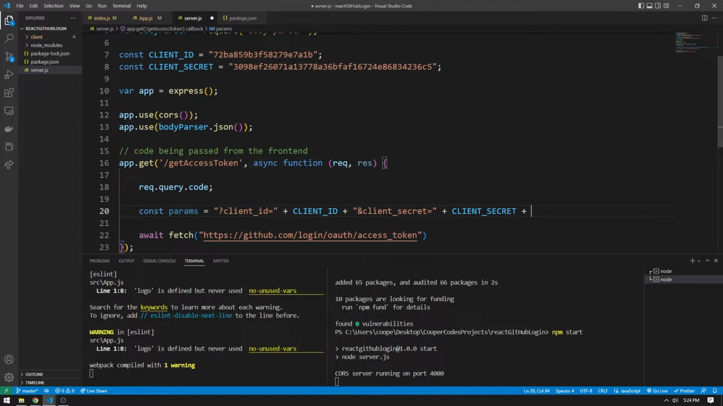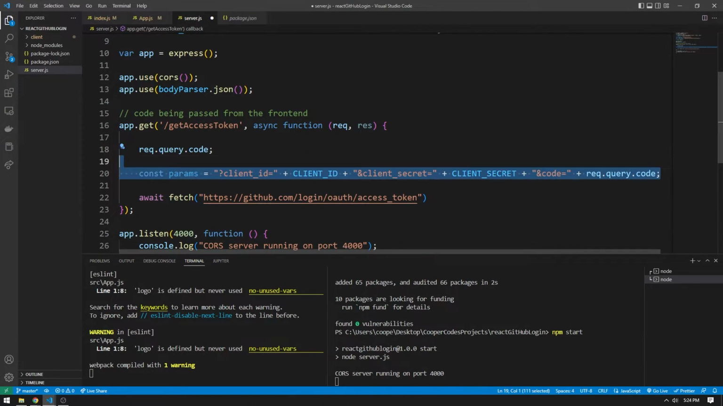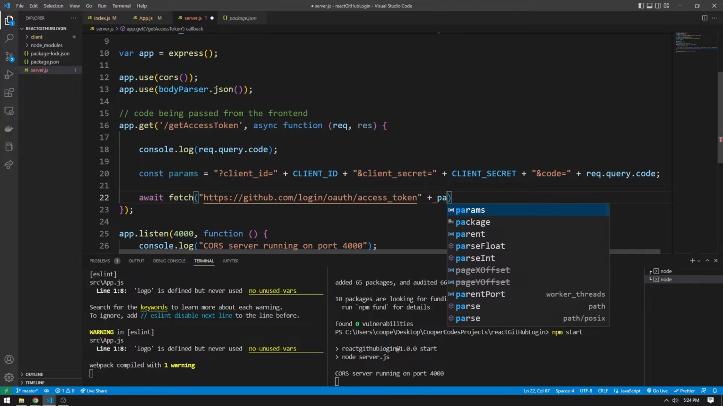client_secret like this. And finally, we are going to need to give the code as well to this request, which we can say is &code is equal to the request.query.code, which is something that our front end is giving to the request when we access the get access token here. I'm also going to console.log the request.query.code here so you guys can see the data kind of moving through our Express backend. So we can add the parameters to the end of the string by saying plus params, and